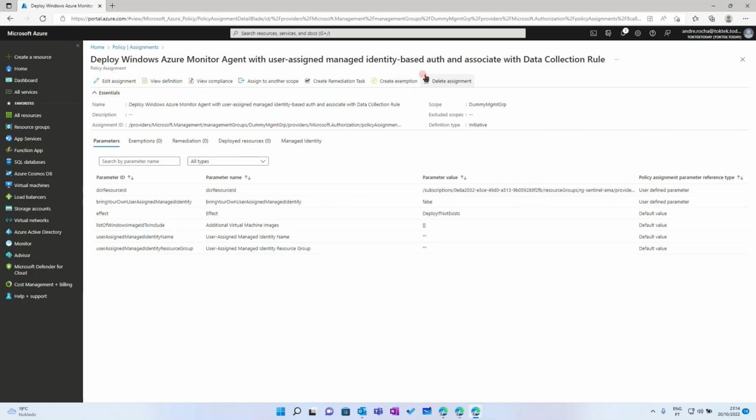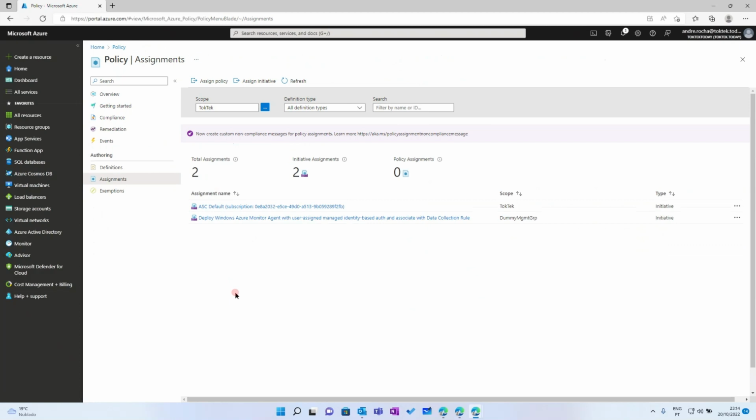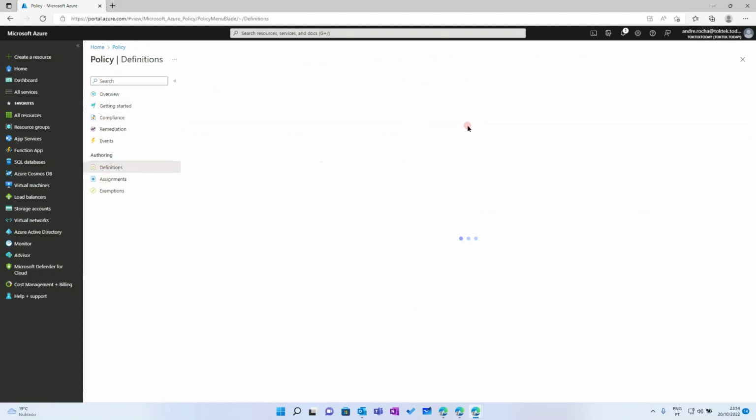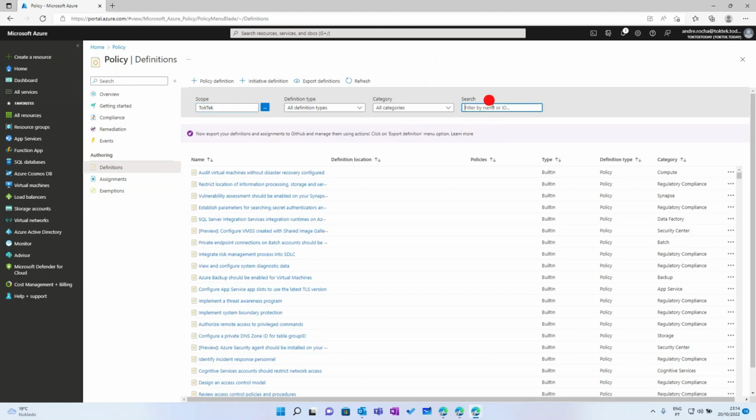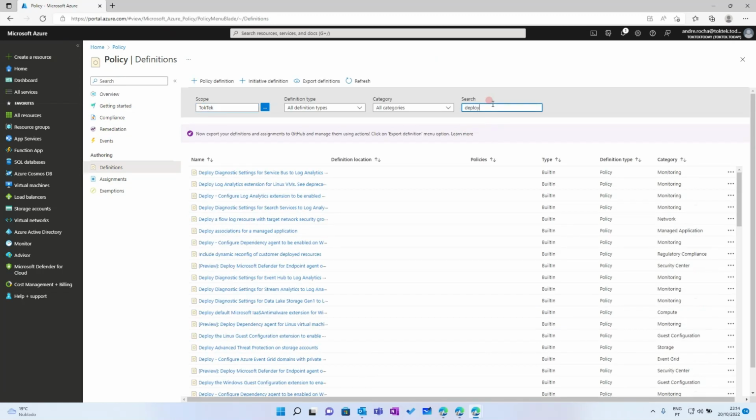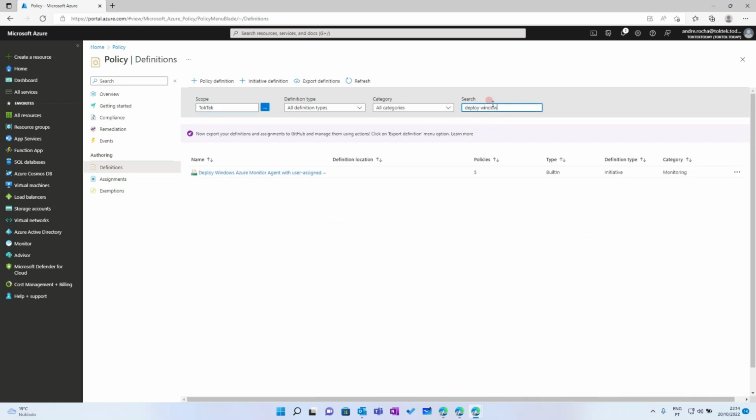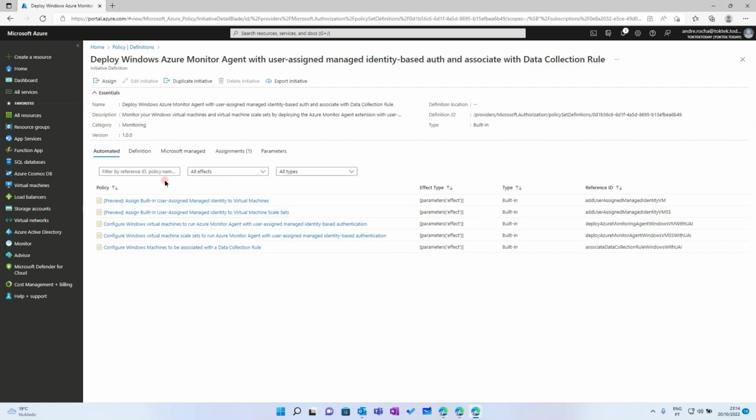Actually, we cannot see them in here, but let's go back. So let's go to definitions maybe. Okay, deploy Windows, once again. Okay, so these are the 5 policies that are comprised by this initiative,